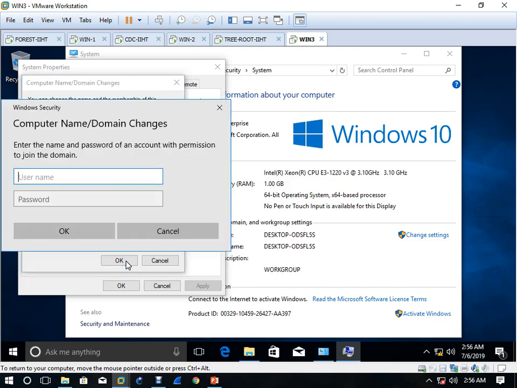it is asking for credentials, so I'll write P1 and the username. Click OK.